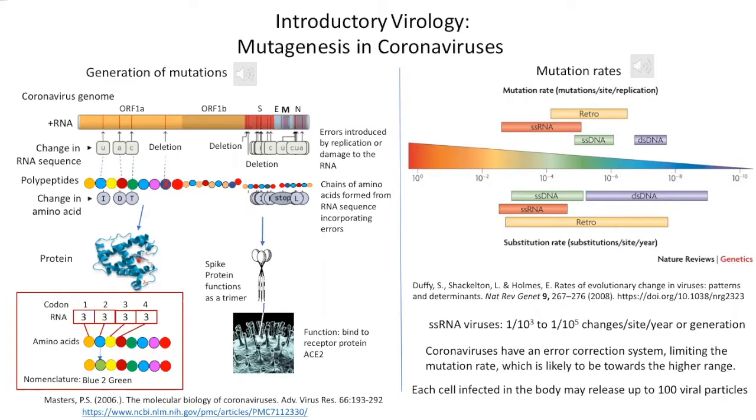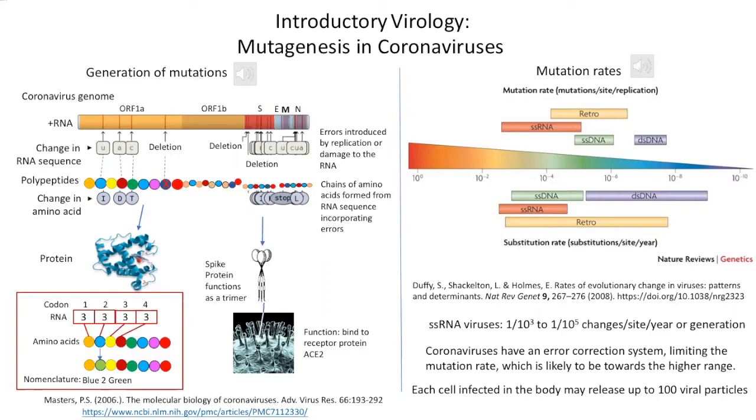Viruses tend to have a higher mutation rate than bacteria, fungi, plants or animals. And of the viruses, RNA viruses have the highest mutation rate. If you look at the diagram, you can see that whether you're using the mutation rate as